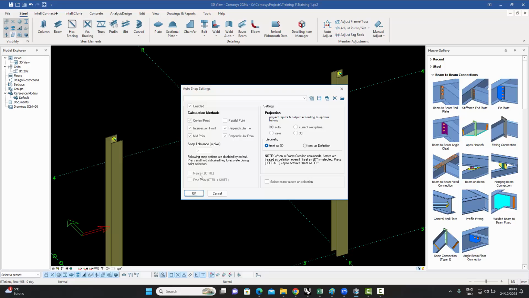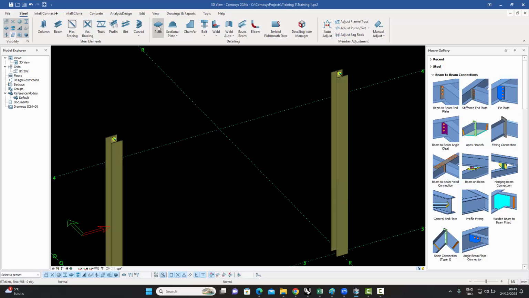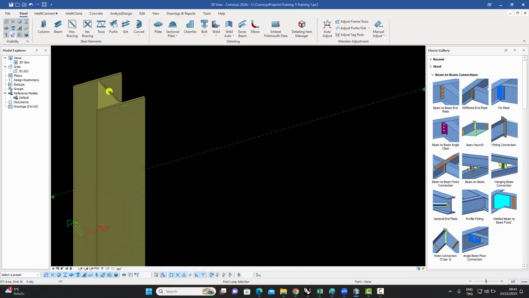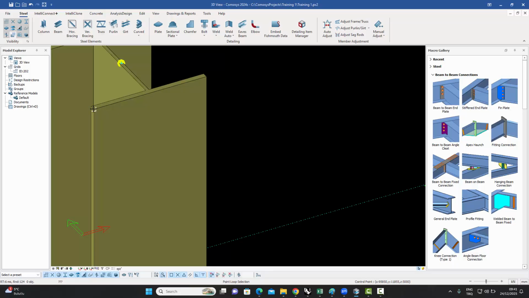Sometimes you want to snap to a point on a line, any point on a line. The way to do it is to press the Control key as you're going. For example, normally if I am going to enter a plate like that, from that point to that point, but I want to snap to any point over here, obviously this is not an edge point, not a control point, so I'm not able to snap somewhere over here. So what I could do is press the Control key, and you see now it's